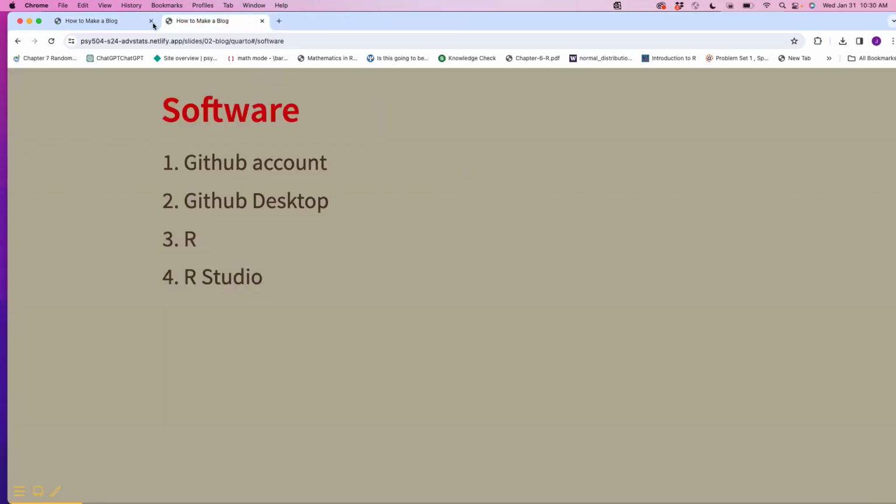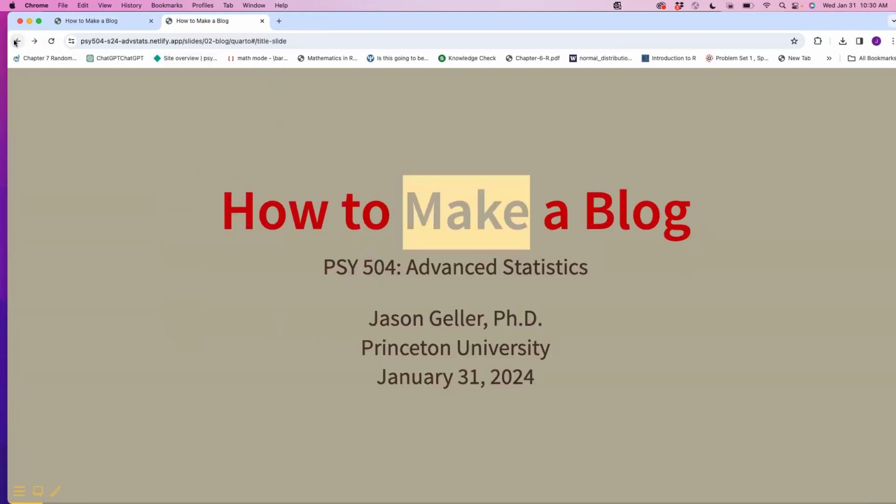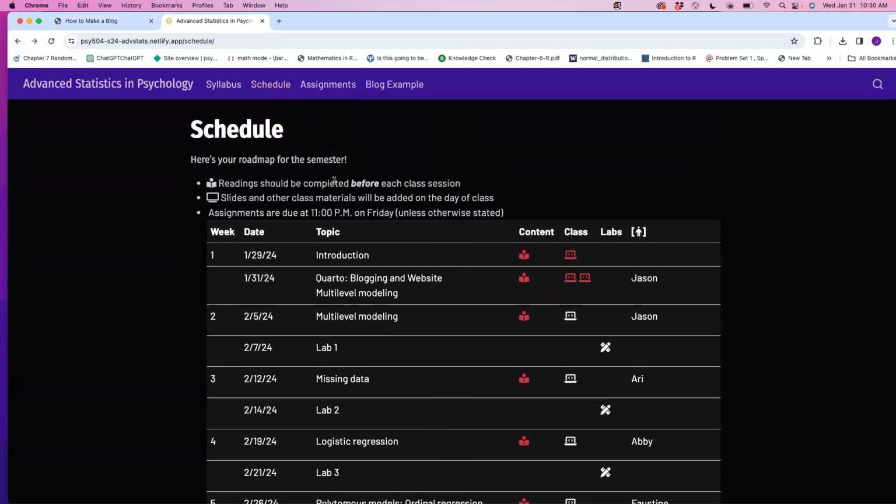And some of you already have websites. If you're able to just host Quarto documents on your website, then that should be fine too if you want to go that route. So you don't have to create a new website if you don't want to. Also, if there are issues with privacy with the data that you're using, you can create a synthetic data set. I've had students do that in the past, but these are not going to be shared unless you want them to be shared. I would love to take all of the blog posts and condense them into some type of book that I can share with future students. So that's the plan or the goal, but let me